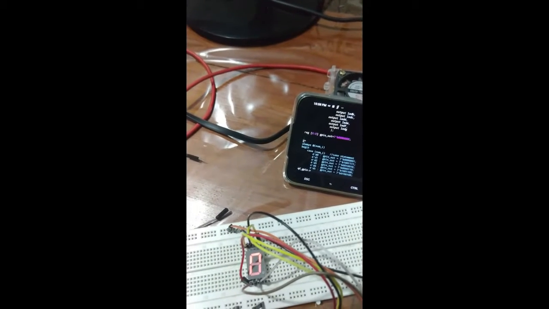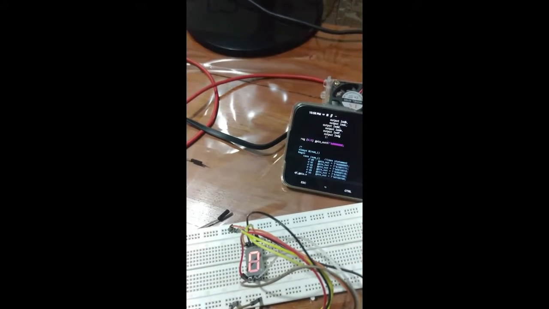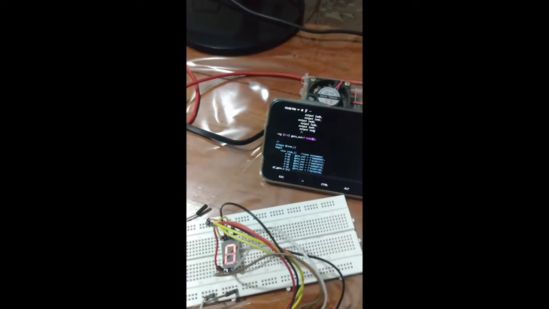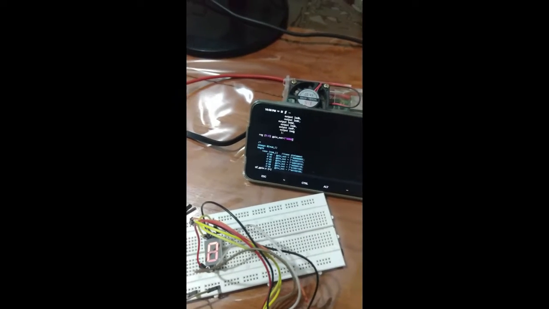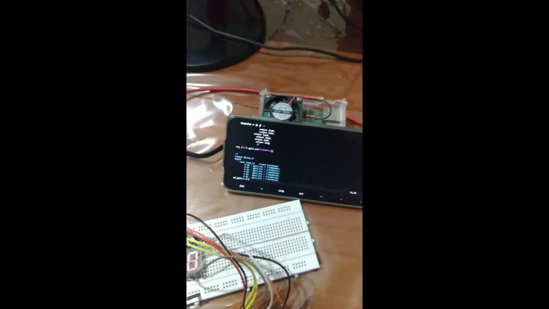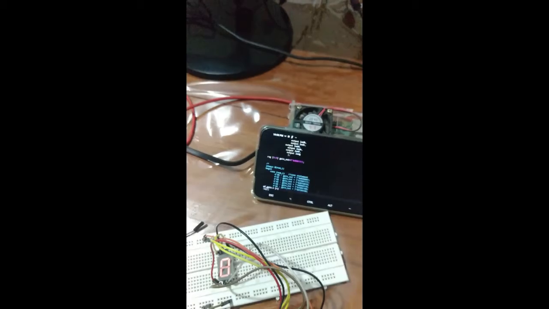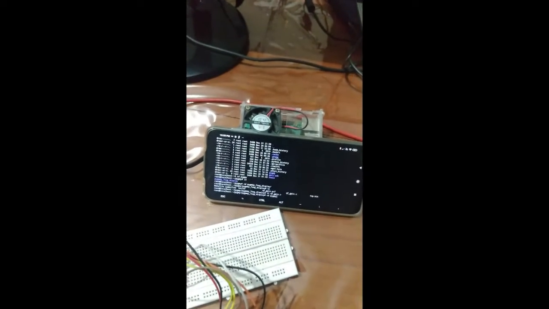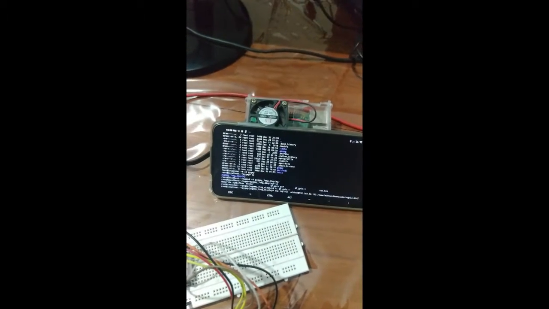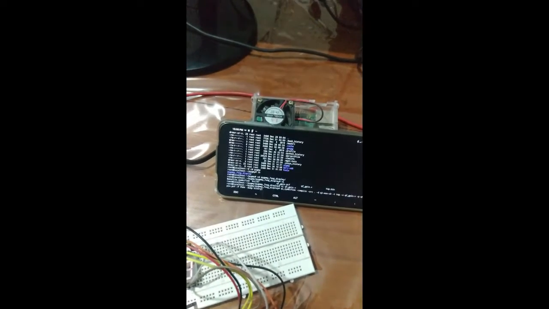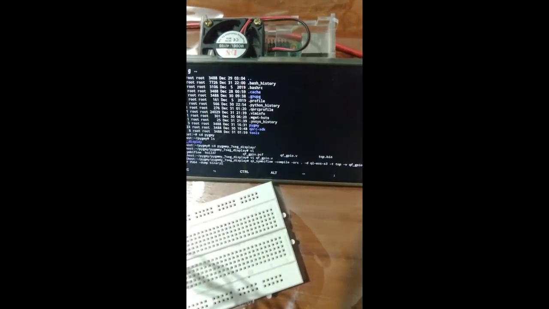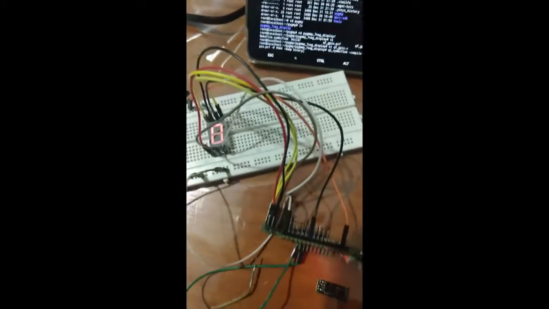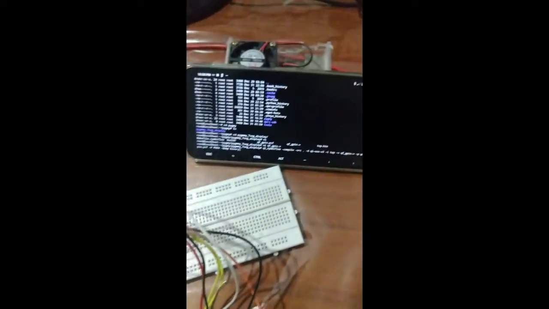So let's light up only few segments. Let's close the design. So there you go. So now we have done with the design. So I'm going to use SymbiFlow, open source toolchain for Verilog, and I'm going to generate the bit file which will load on the FPGA on this board. So here I go.